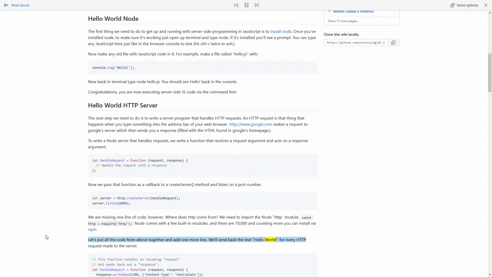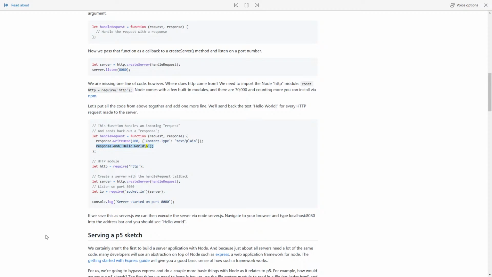We'll send back the text, hello world, for every HTTP request made to the server. // this function handles an incoming request // and sends back out a response. let handleRequest = function(request, response) { response.writeHead(200, {"Content-Type": "text/plain"}); response.end("Hello world\n"); }; // HTTP module. let http = require('http'); // create a server with the handleRequest callback. let server = http.createServer(handleRequest); // listen on port 8080. server.listen(8080); console.log("Server started on port 8080");